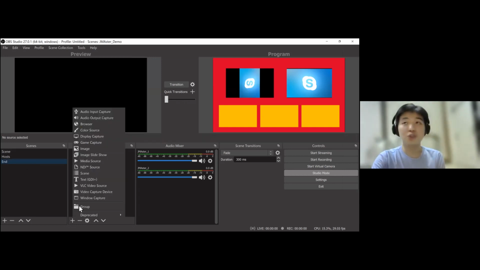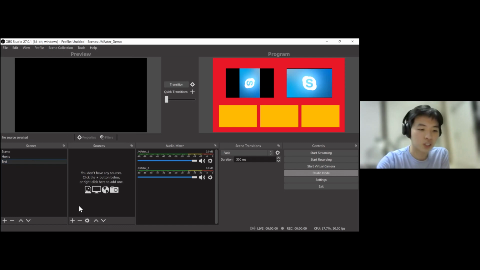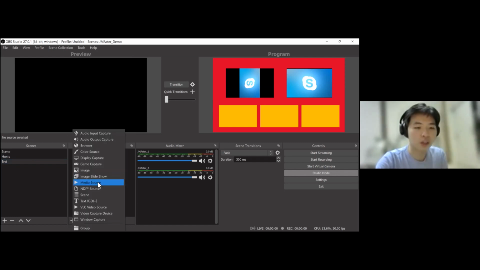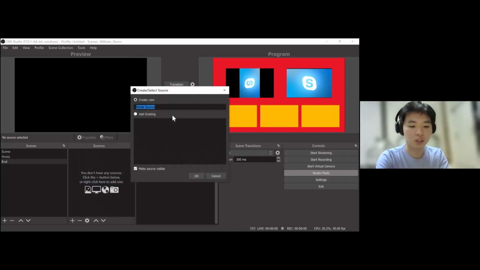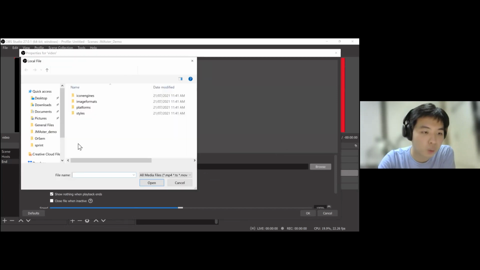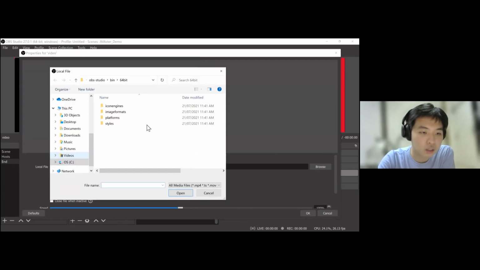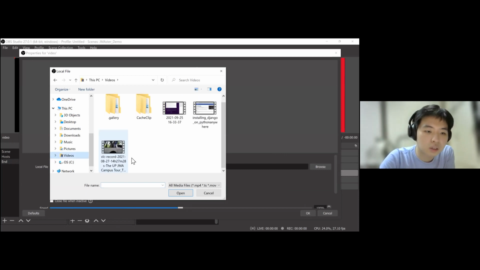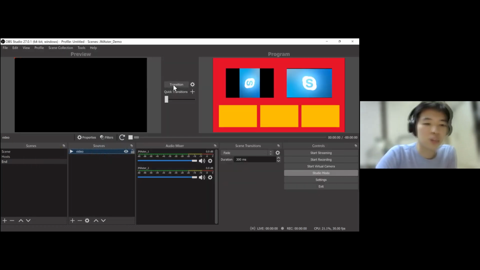Okay. So if you guys want to add a video file, it's generally the same process. You just have to click plus on sources and then media source, because an MP4 is a media source. So let's say I want to add this video, and then it will prompt me to this window. It will ask where I should look for it. Okay, there we go. So this one is an old JMA video that I had to download for the rec